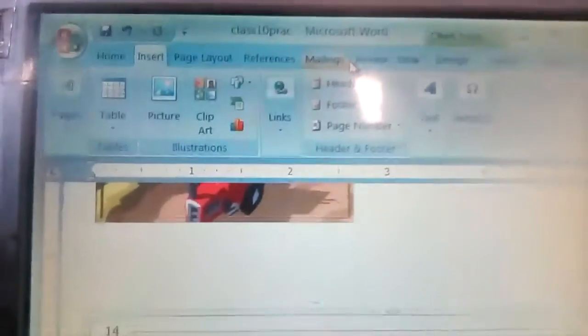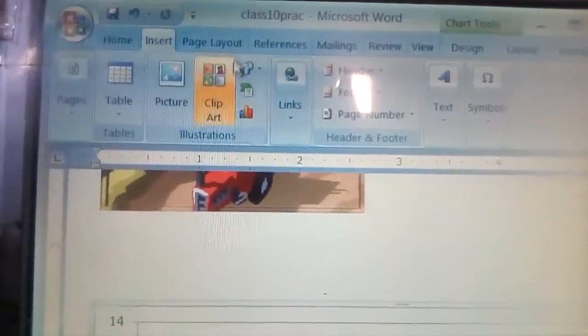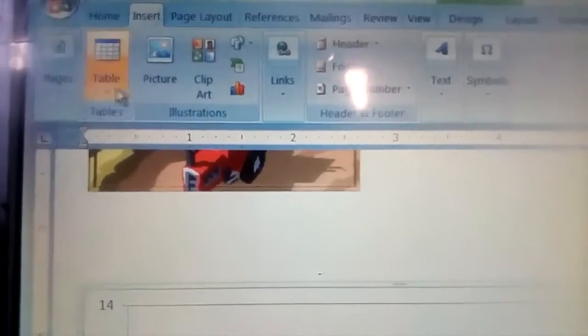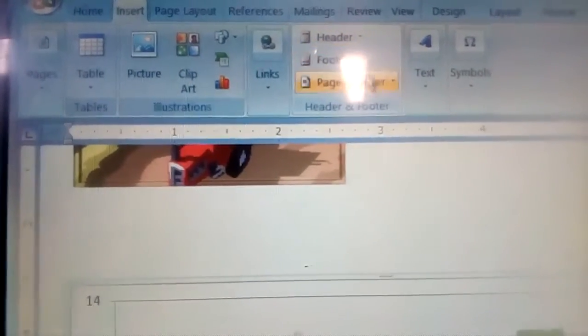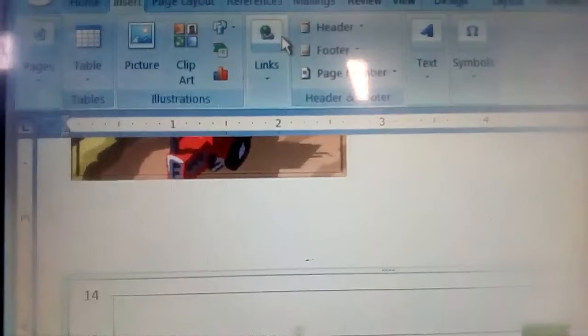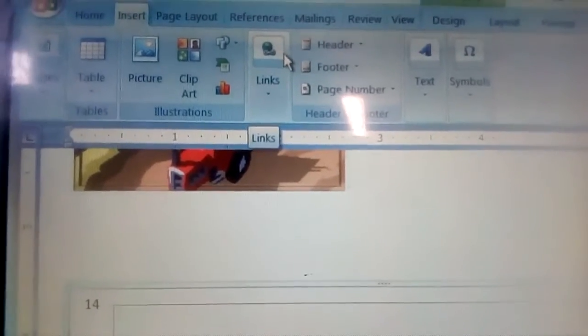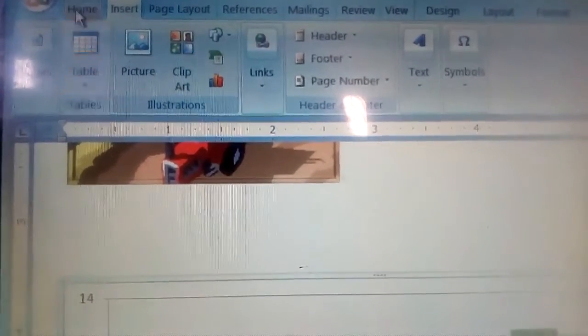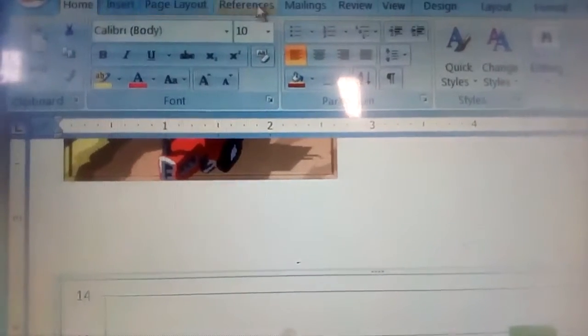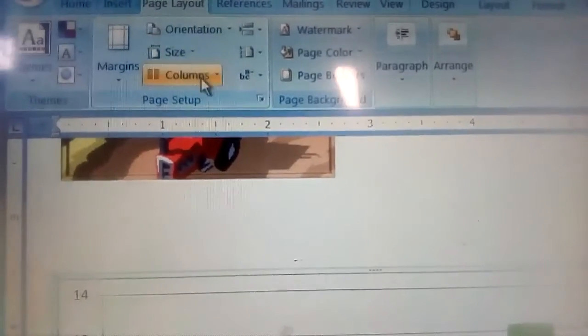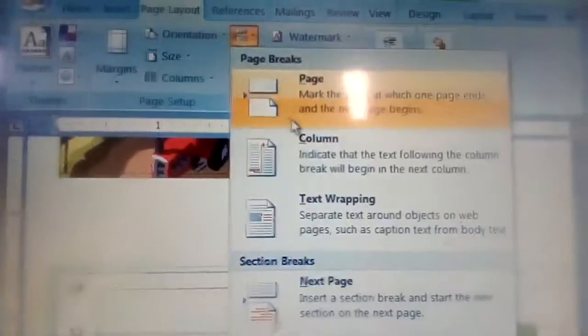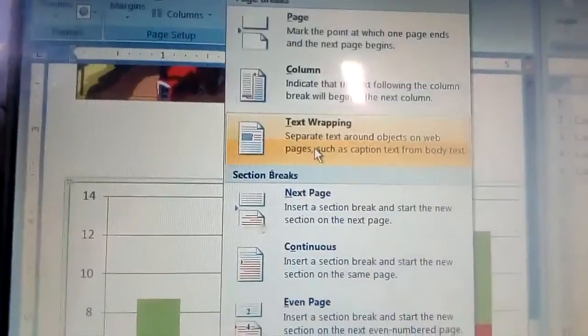Here you can see how you insert a page, table, clip art, header, footer. So these things you can insert. So for wrapping text, page layout, column you have seen, page break, there you can see text wrapping.